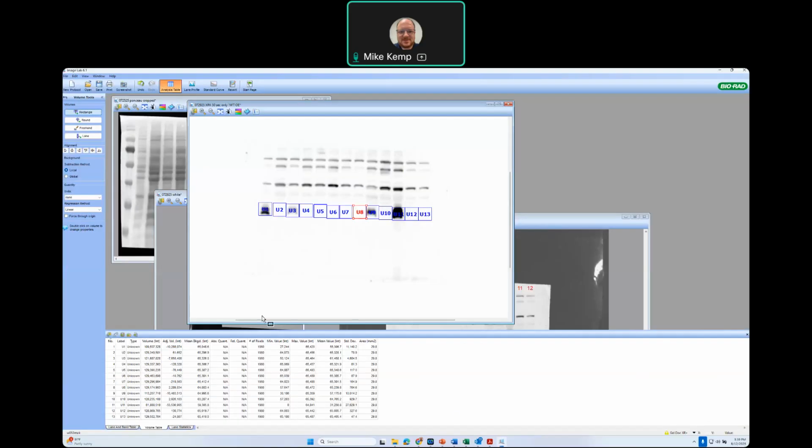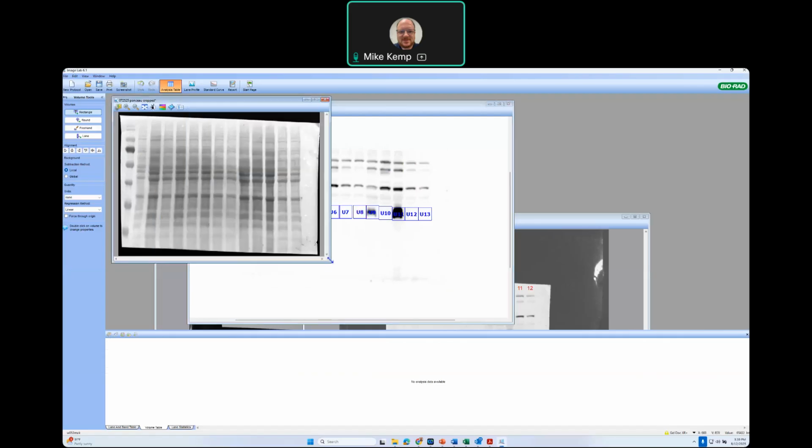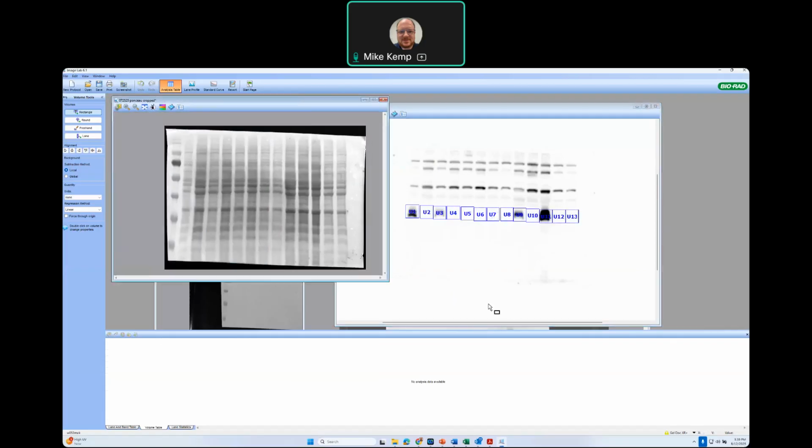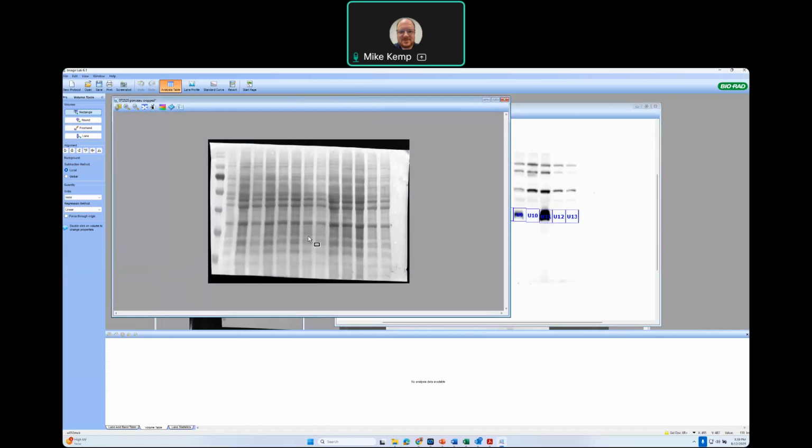And if they don't make sense, then there's something wrong with your boxes or quantitation. So again, it looks like there are some differences in expression, but we want to normalize it to the total protein. So we'll come back to the Ponceau blot and do the exact same thing. What we're going to do is draw a rectangle around an area of the